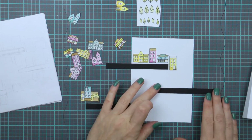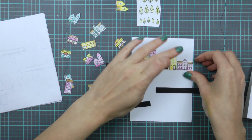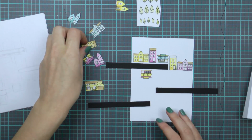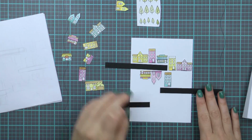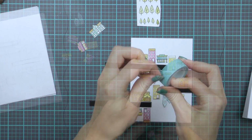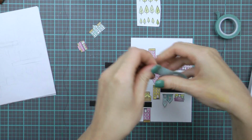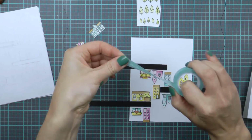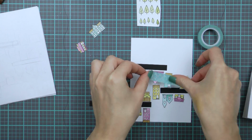So I'm basically just planning how I want my houses placed on the card. I'm making sure I use different shapes and colors here and just have a nice variety, and also that I space everything nicely. Now, to make sure I keep things the way I want, I'm going to use washi tape and just temporarily adhere my houses onto washi so that I can place them back onto the card the way I had originally intended. I am adhering washi to my hand first to make it less sticky,